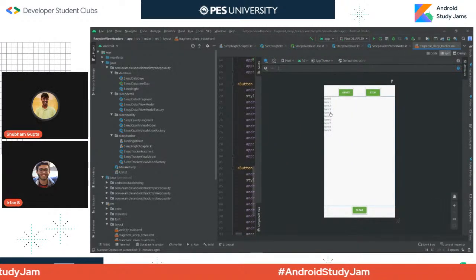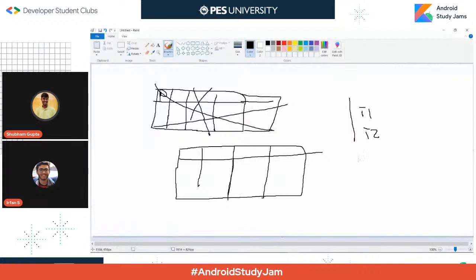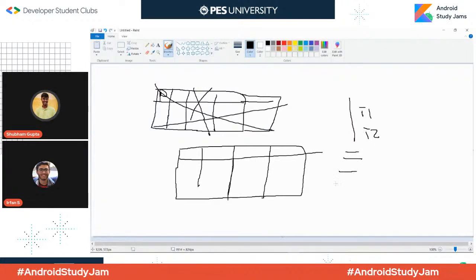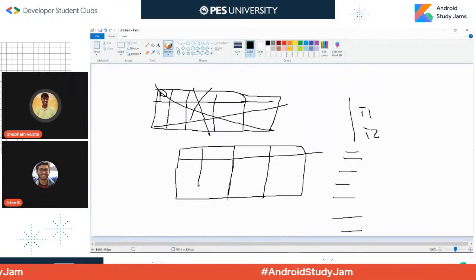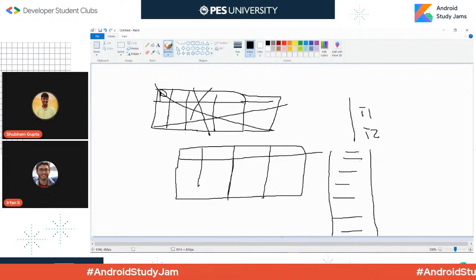If you have 100 items on your list and you want to display them, a basic way would be to create a scroll view and display each item independently. The problem with this is you're spending a lot of data and resources to come up with each item. So it's really computationally expensive,